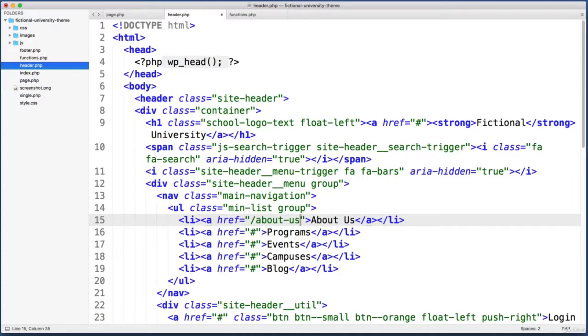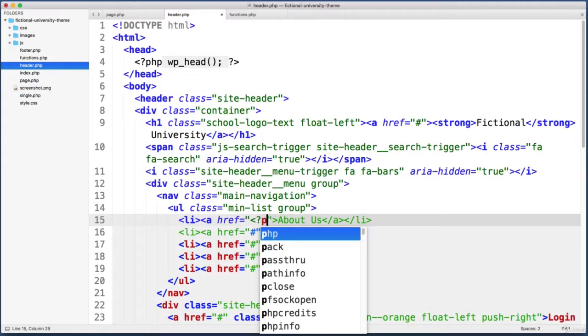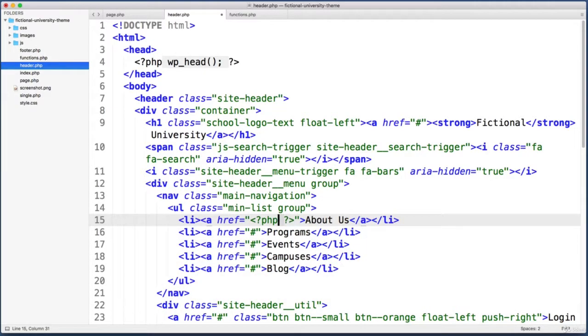fictionaluniversity.dev. But if you're using something like MAMP or XAMPP, you might not be using a real developer domain. And in that case, you don't want your links to just point to the root of the current domain, because you might have multiple WordPress sites all living on your one local host. So instead, a more reliable way of creating links is to drop into PHP and echo out the results of a function named